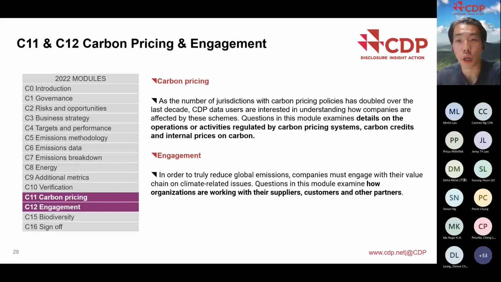Next, we have a module on carbon pricing and your own engagement with your suppliers, customers, or other partners. Carbon pricing, we ask whether any of your operations and activities are regulated by a carbon pricing system, like cap and trade, ETS, or carbon tax. Whether there are any carbon pricing regulations which may impact your organization or your strategies in complying with these regulations